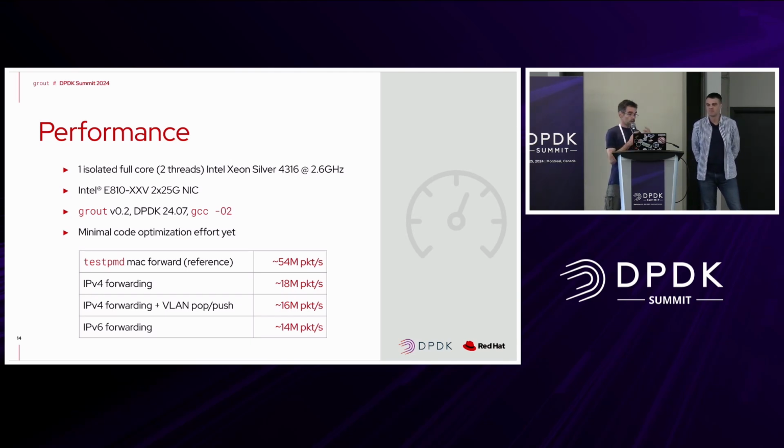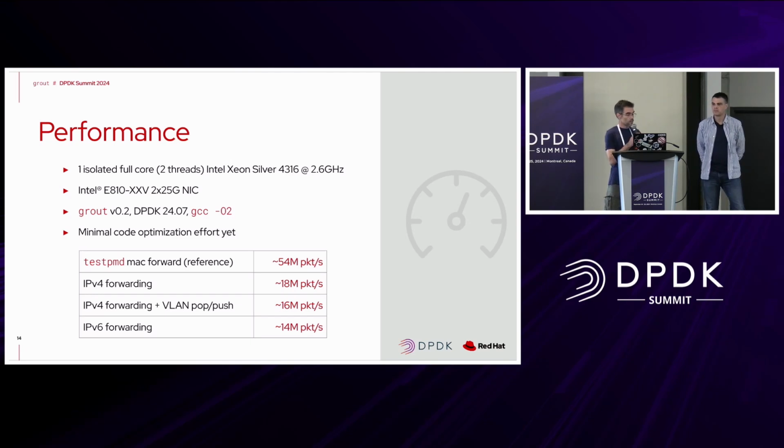So what Robin used is a server quite commonplace, let's say, in our lab, with some Intel links. There's nothing fancy. We did not do any optimization in the code. It's really simple, but just to get an idea, so we compared to testpmd in mac forward